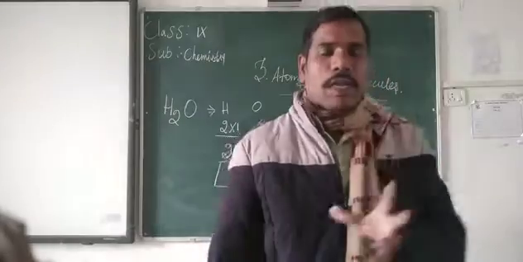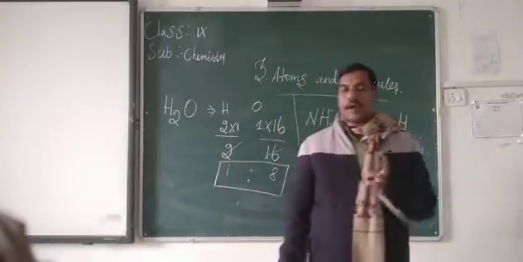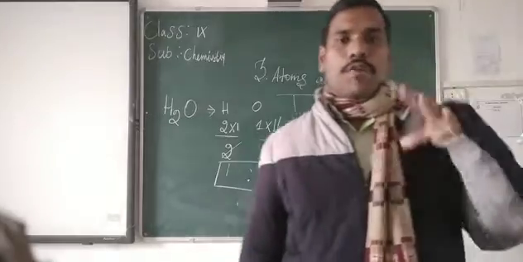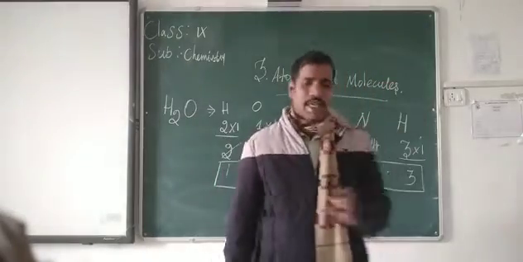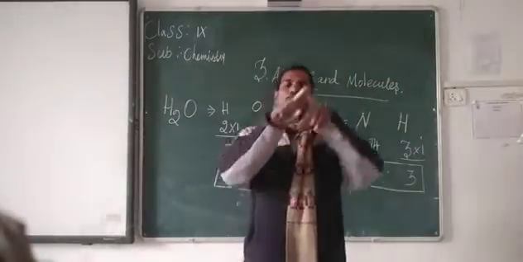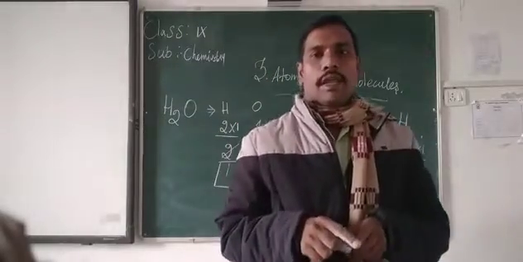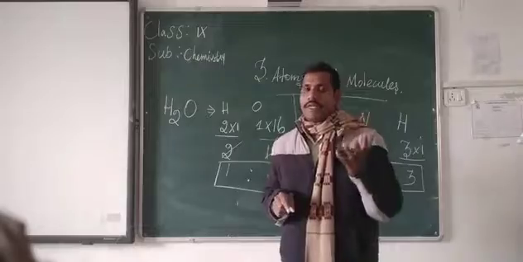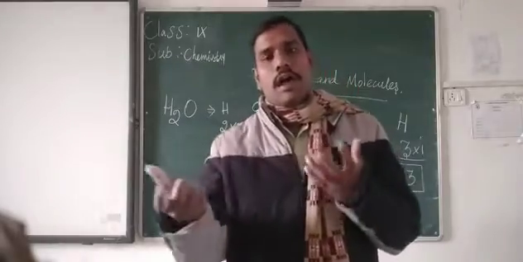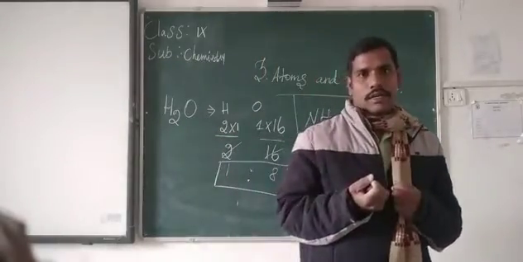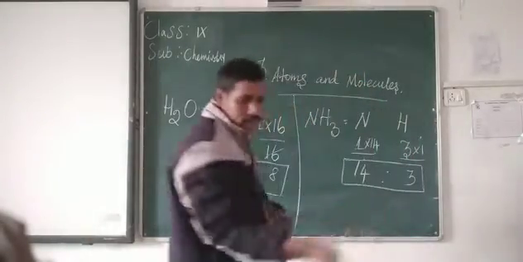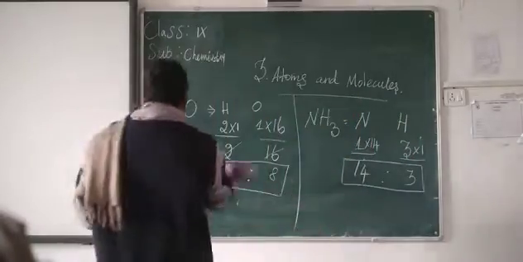Then what is an ion? We know that when an atom is going to be involved in a reaction, the outermost orbit should be filled completely. So it may lose an electron or it may gain an electron. If it is losing the electron, it gets a positive charge. The ion will be called a cation.